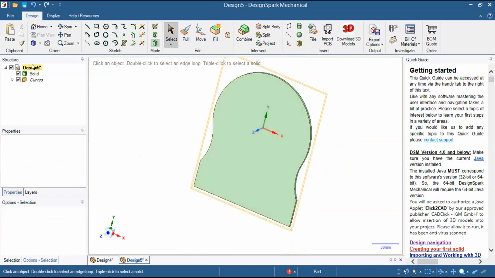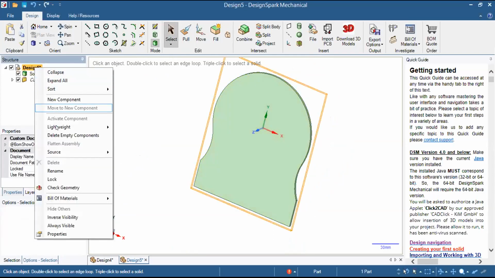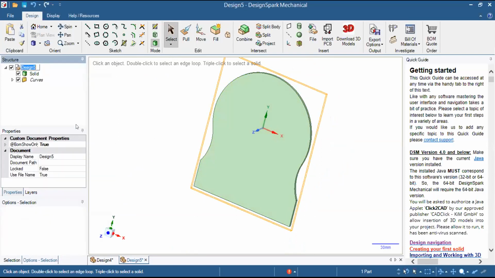For better understanding, we can rename this as base plate, base nameplate, base of nameplate, either way, according to your understanding. So I will rename it base of name plate, right? In this way.